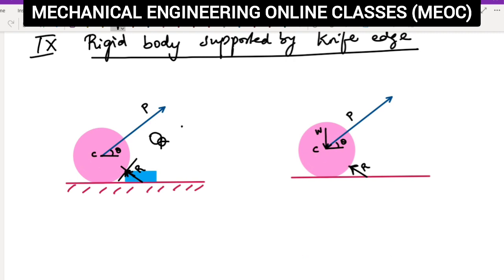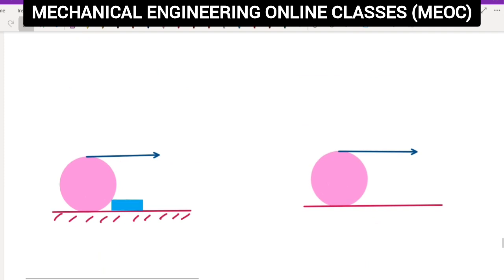We have to note this point. Let this point be A. At this particular point A only, we will be showing the reaction. This might be the other case. Here P is a horizontal force. Let this particular point be the center C, and P is acting not through the center here. Now P is acting at some other point A. Let this particular point be, say, B. So here there will be a weight force of the object through point C.